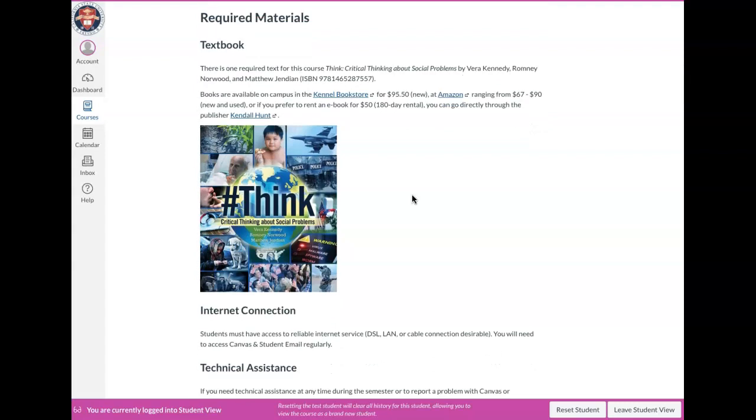I think it is written by sociology professors. Actually, two of the professors are in our own department, Dr. Vera Kennedy and the former chair of the sociology department, Dr. Matthew Gendian. So two of the authors of our text are actually faculty in Fresno State's sociology department. One of the reasons I've selected this book is that in the past, I have had to take pieces of two or three books to try to teach critical thinking in the context of the discipline